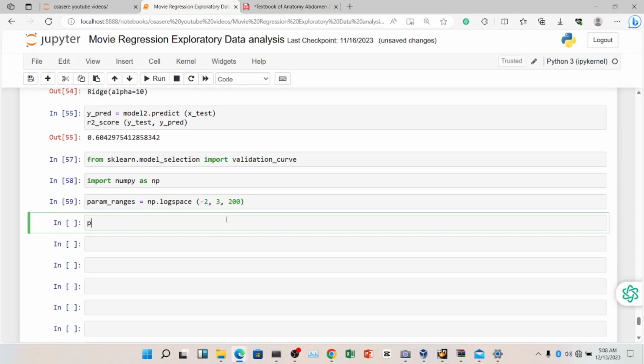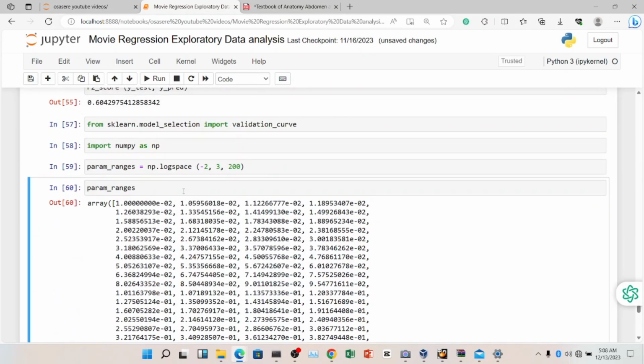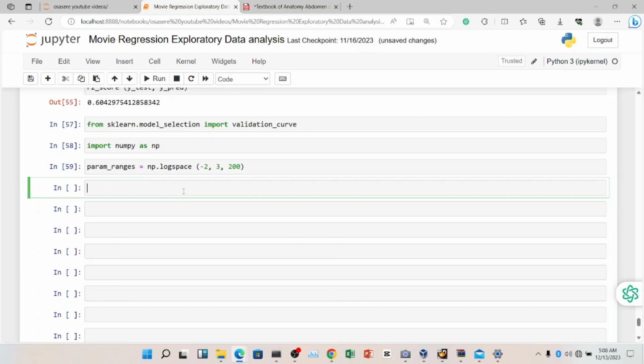Let me show you my parameters. Here you can see all our random values. Let me just quickly delete this. The next step now is to plot them on my validation curve, with train scores and test scores. Then I'm going to fix on my validation